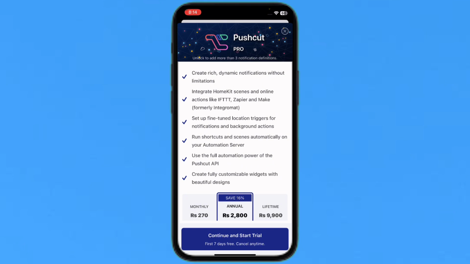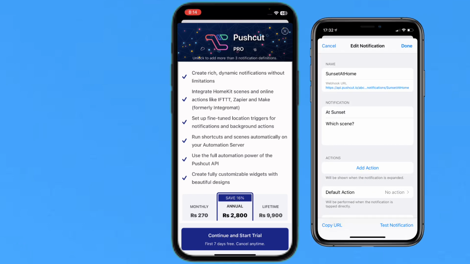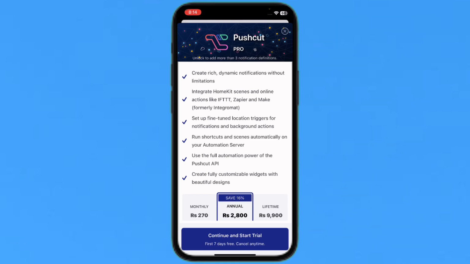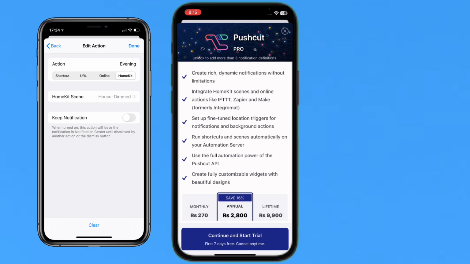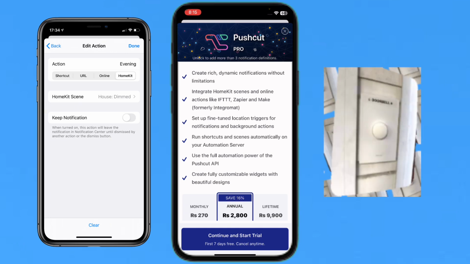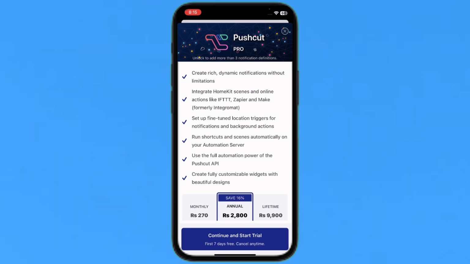So what to do once you purchase the plan: next, you create a notification in Pushcut for your doorbell, and this can include a personalized message and actions. And second, set up a HomeKit automation or use a smart home platform that integrates with your doorbell, and use